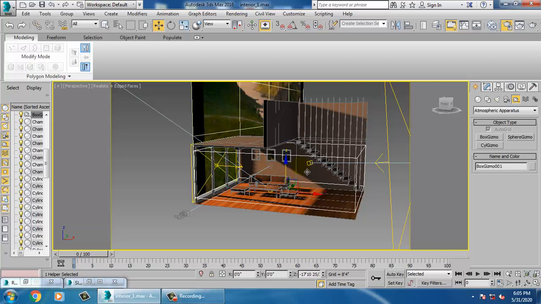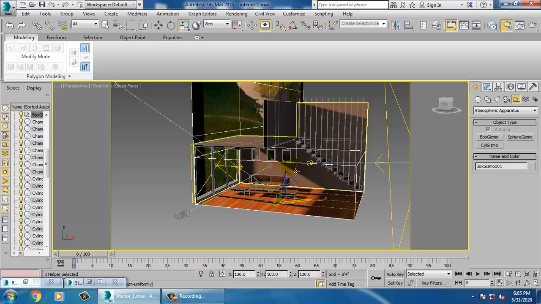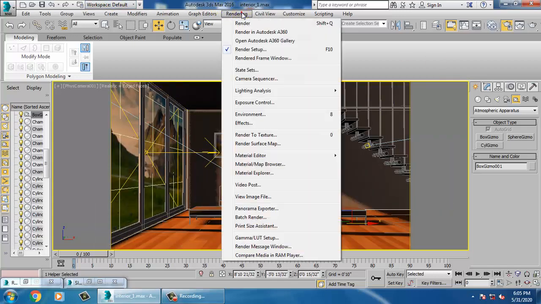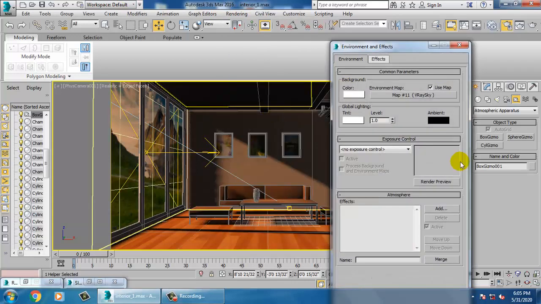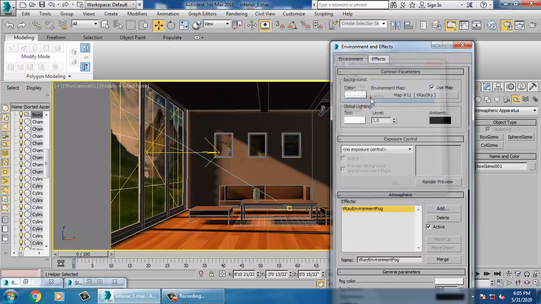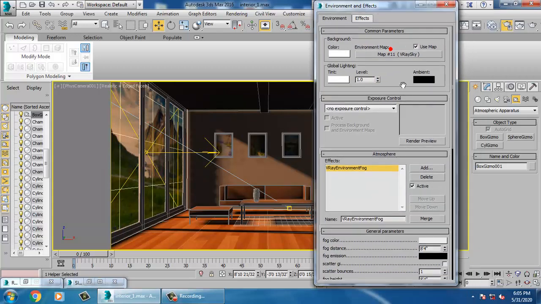Just put a gizmo over here and go into rendering environment, and let's add a V-Ray environmental fog over here.